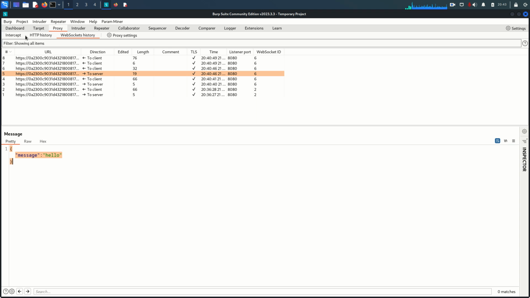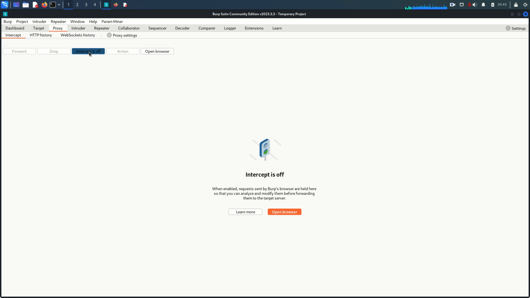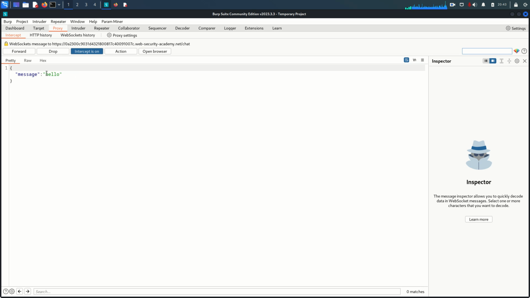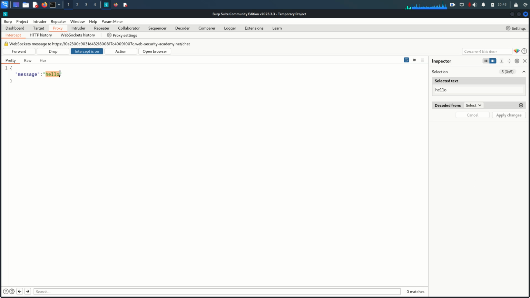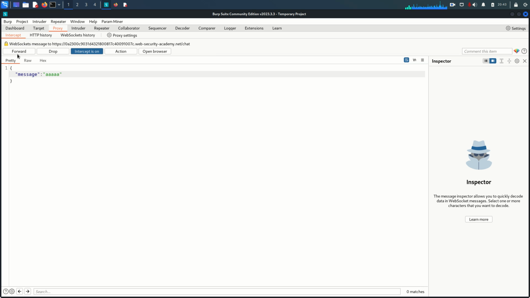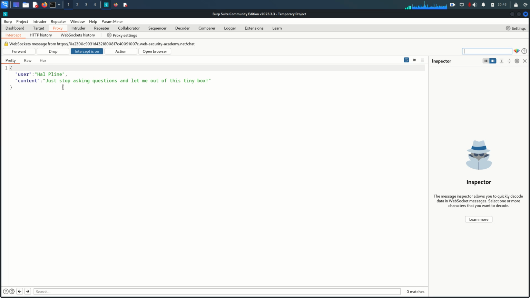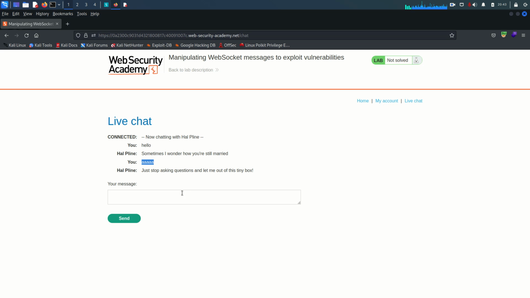What we can do here is go to the intercept and turn intercept on, then back to the browser, say hello again and send this request. Here as you can see we have hello. Let's see if we change something here whether it appears or not. Back here, as you can see, we typed hello, but here we find whatever we changed in the session from the